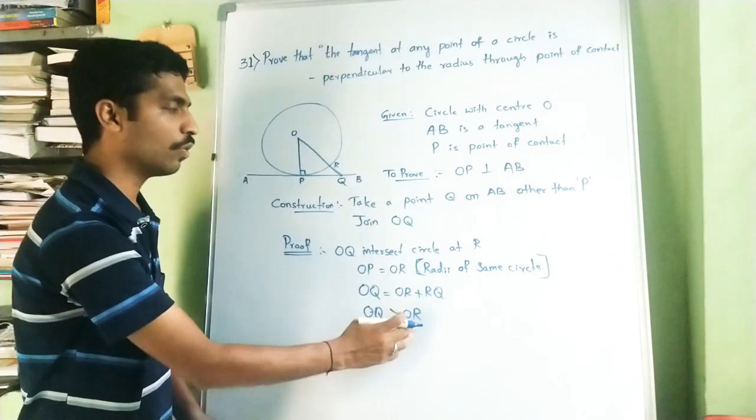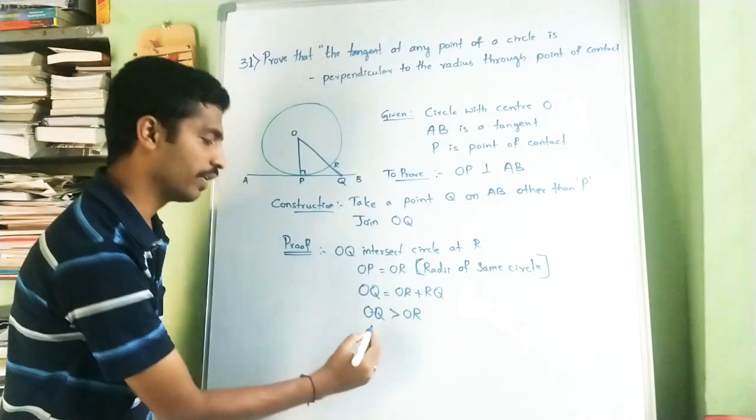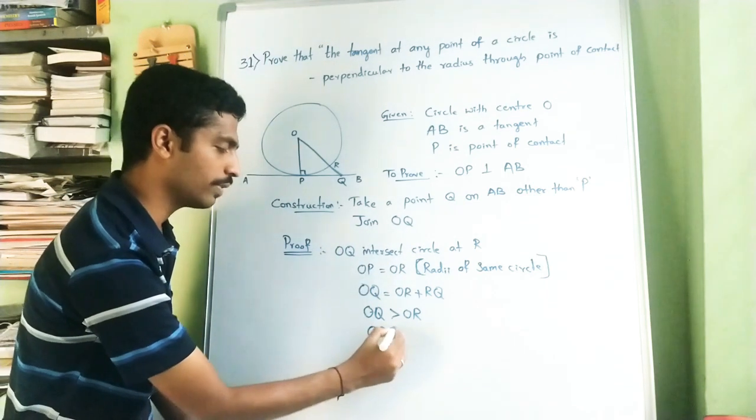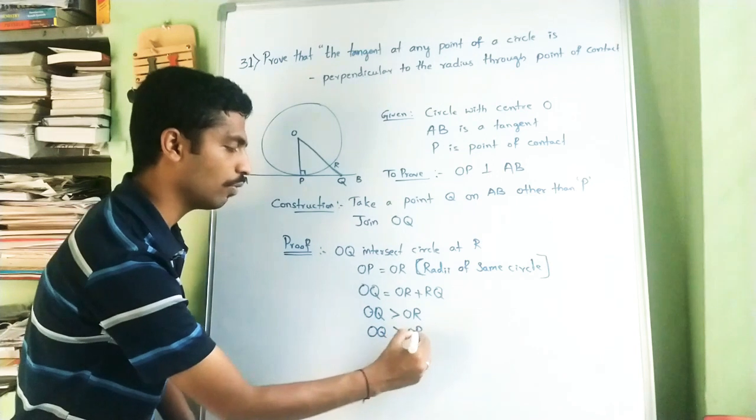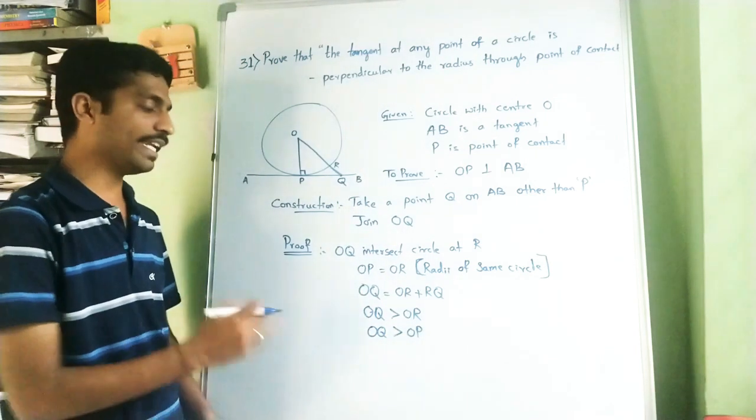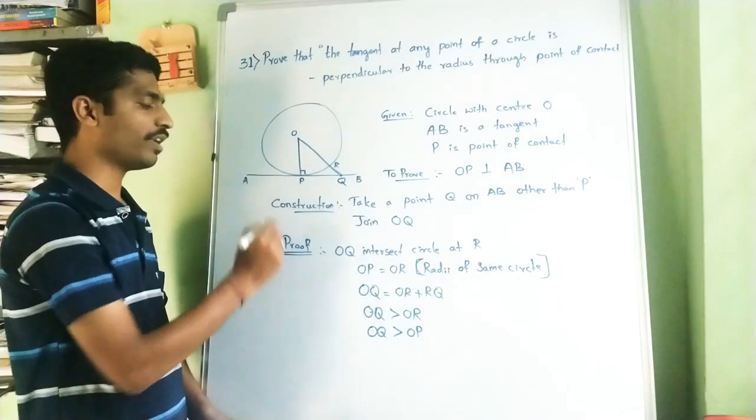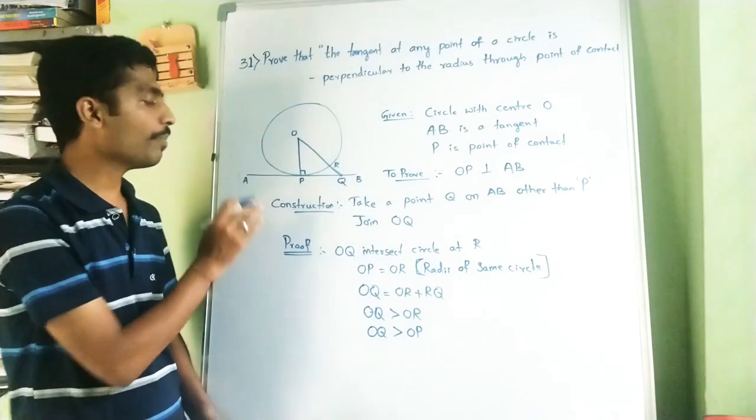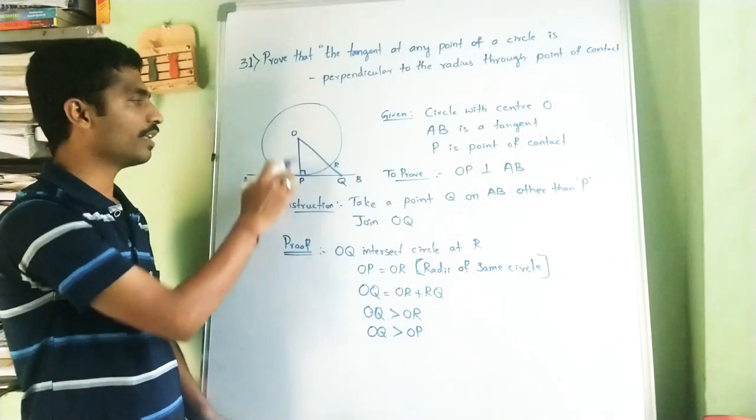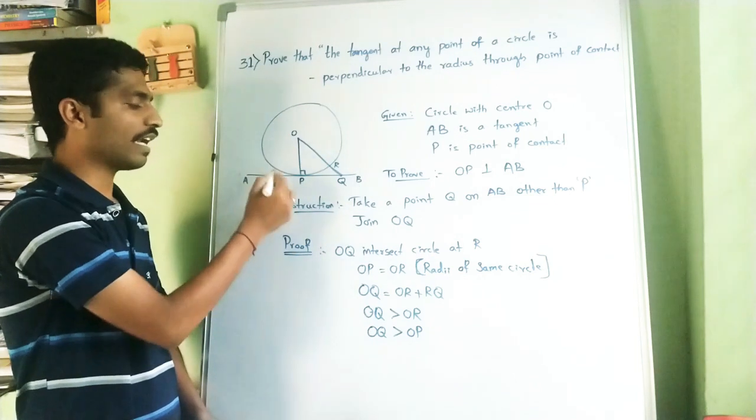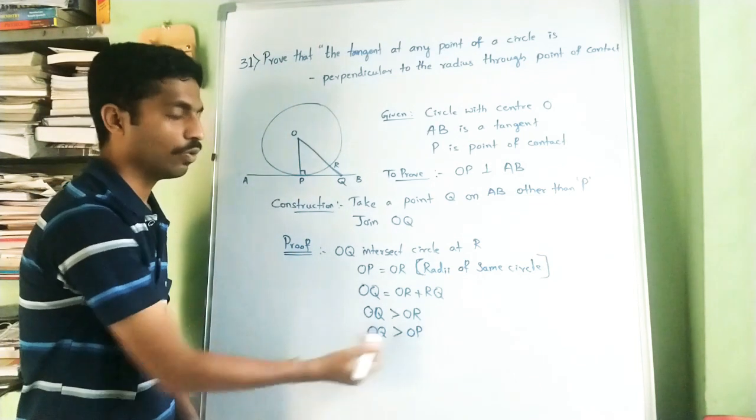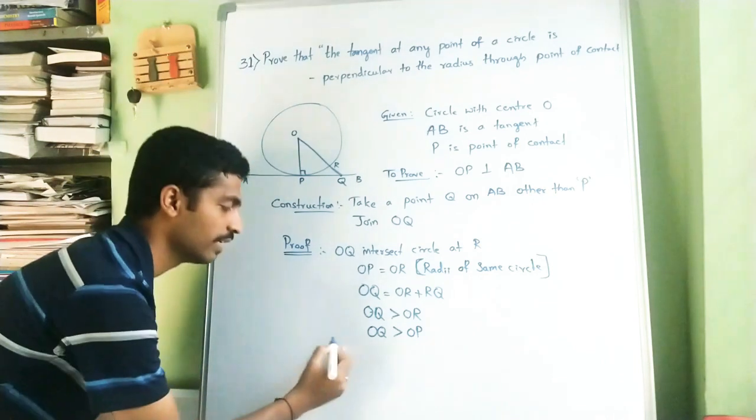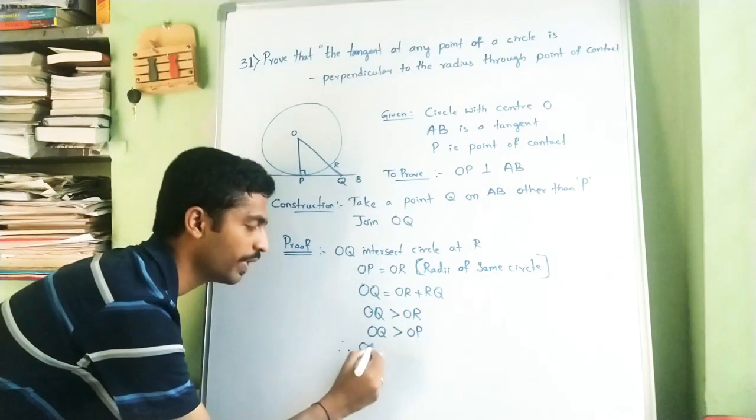But we know that OR is nothing but OP. So OQ is greater than OP. So if you take any point on AB, then that line will be greater than OP. Okay, so that's why, therefore, OP is